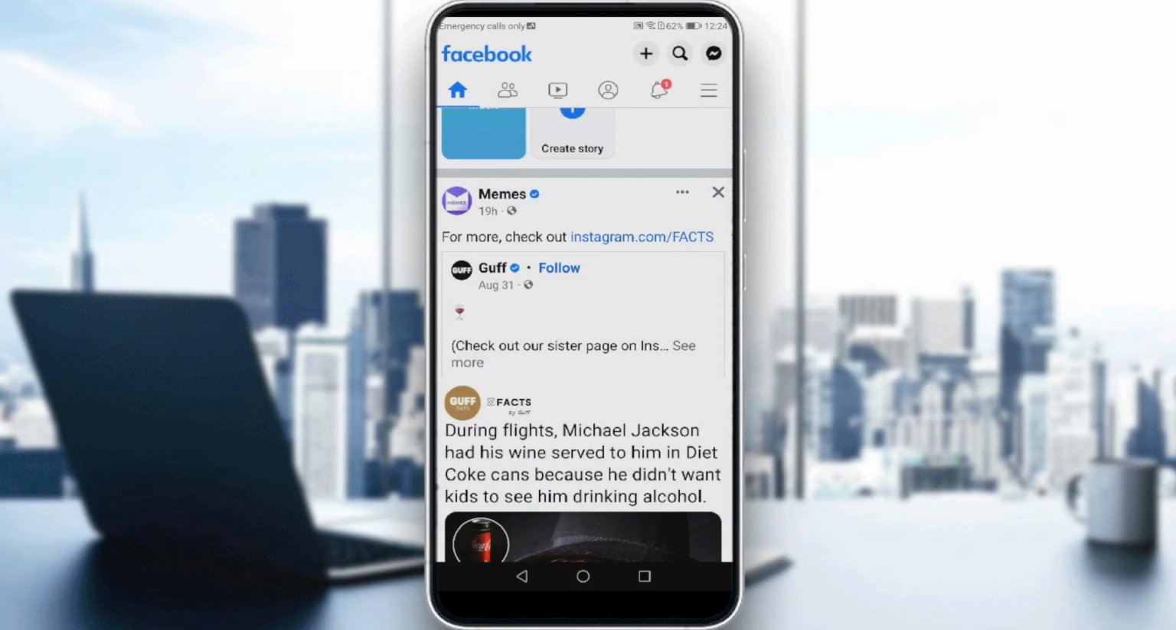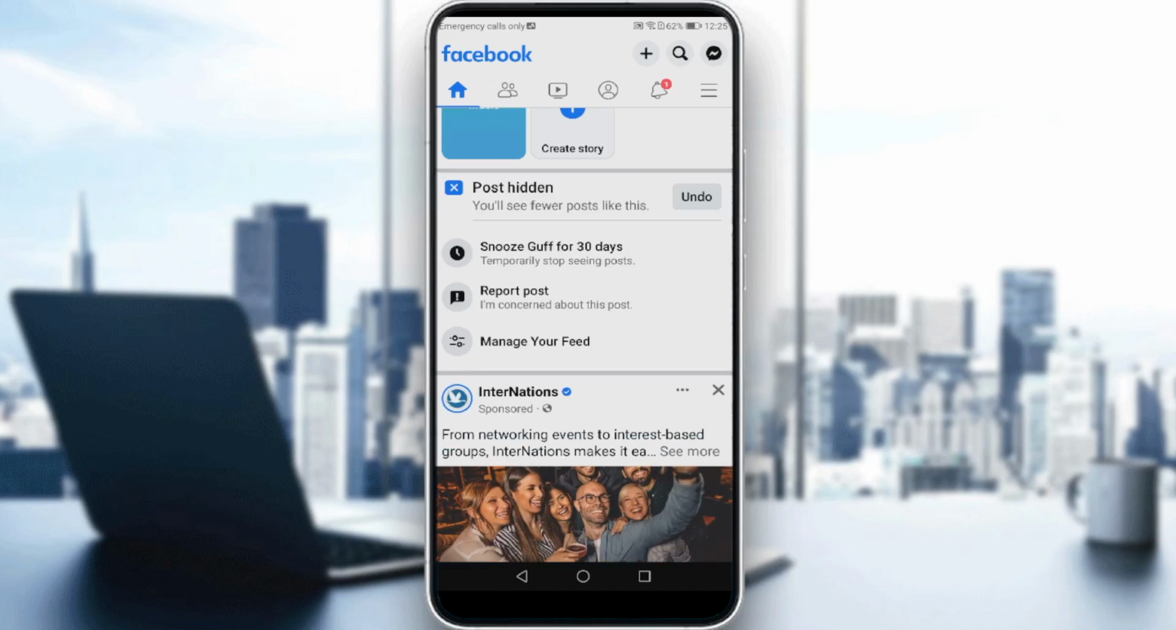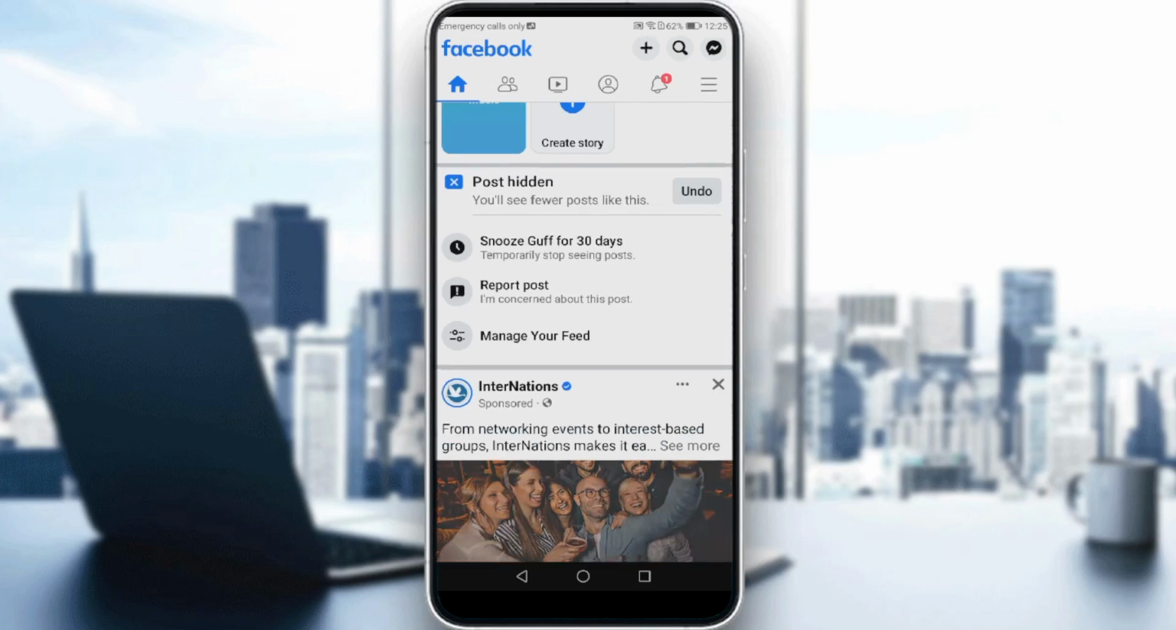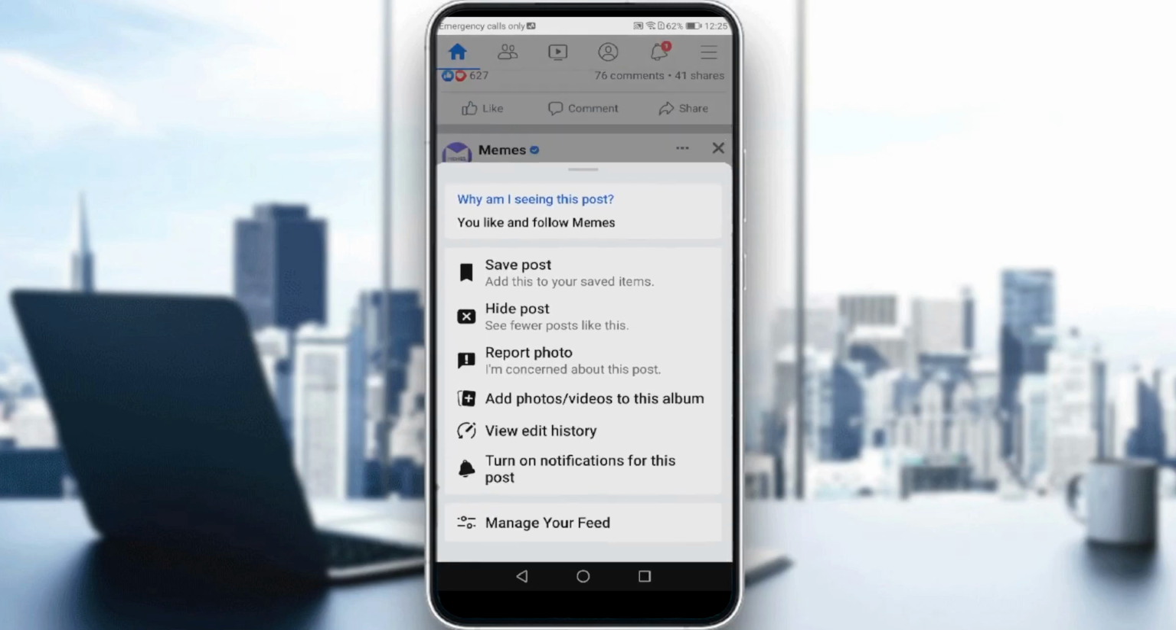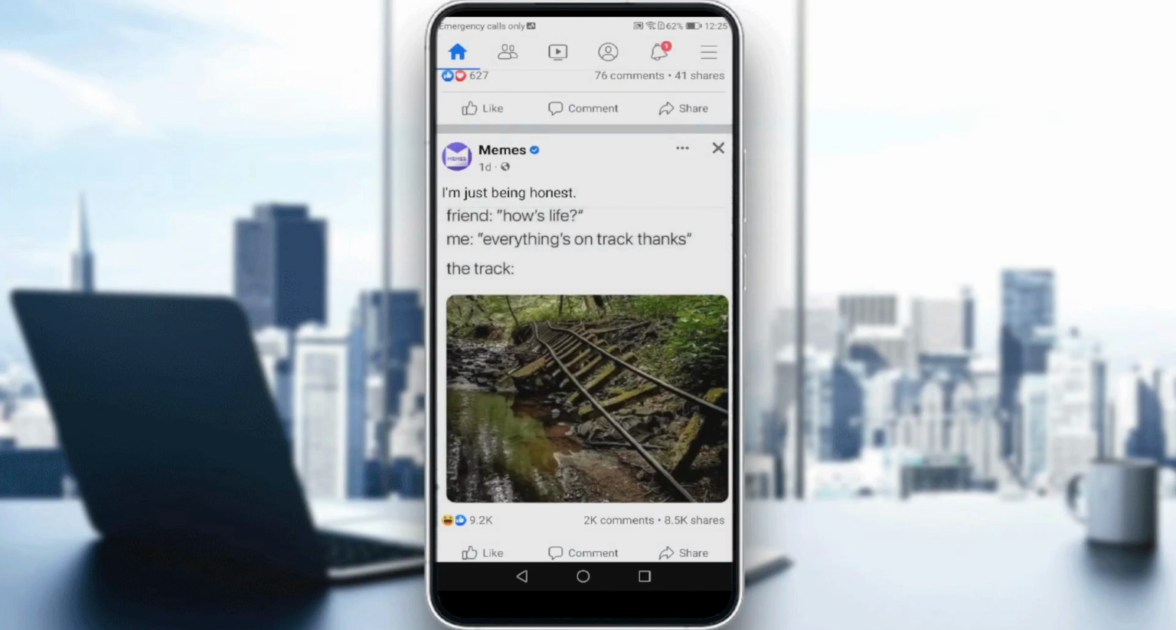So it will hide all the posts from this page, which is Gopher. I don't know what it is. Or you can just go and click at the X button. It will actually, as you can see here, say post hiding. So you don't actually need to click at the three dots. Just click at the three dots again. You can actually snooze the post as well if you want, and it will hide the